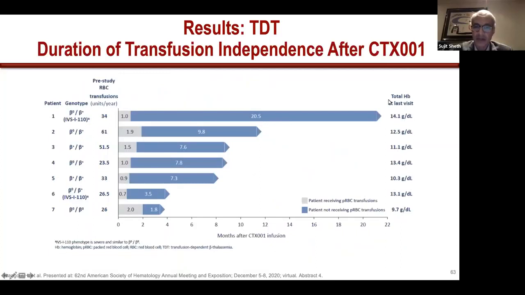Again, you can see here in the patients who showed this response, 5 out of the 7 have met that 6-month mark, good hemoglobin levels, and the longest that the first patient has been out, and this was as of December of last year, is about 20 months or so.